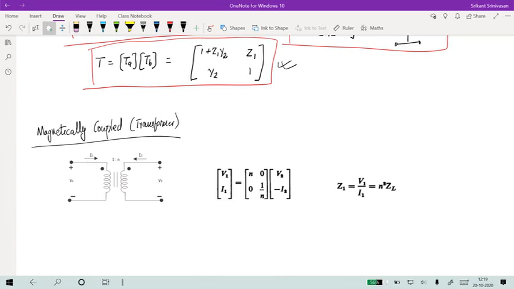Okay. And similarly, if the second circuit is open circuit, then due to the mutual inductance, there will be a voltage created across the second terminal. Okay. And whatever is the direction of the voltage, if V2 is positive corresponding to V1 positive, then you place the dot over there. So this dot is experimentally determined.